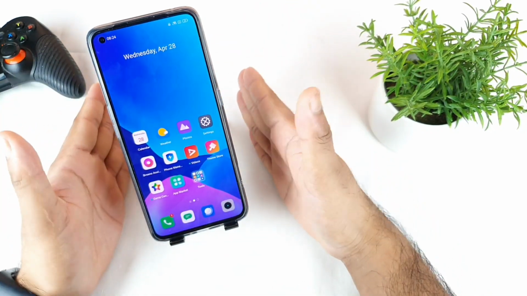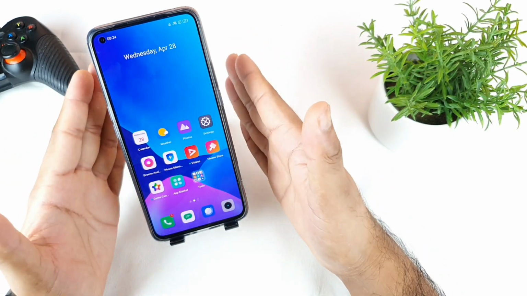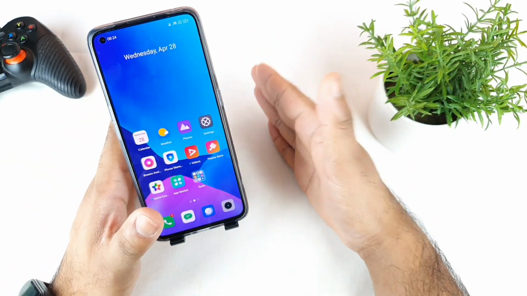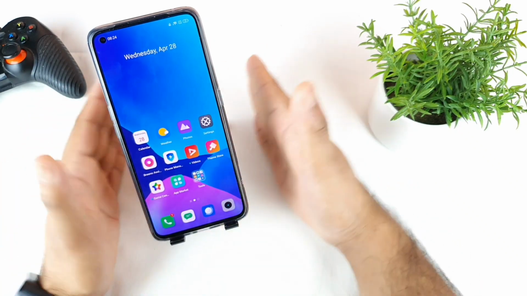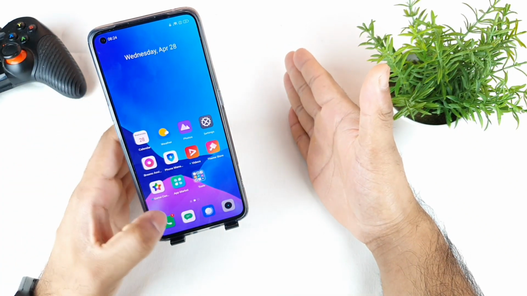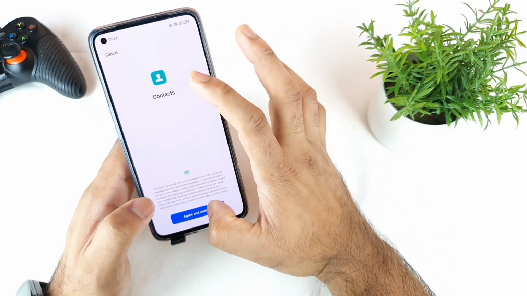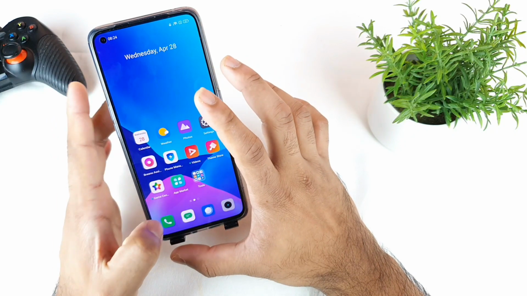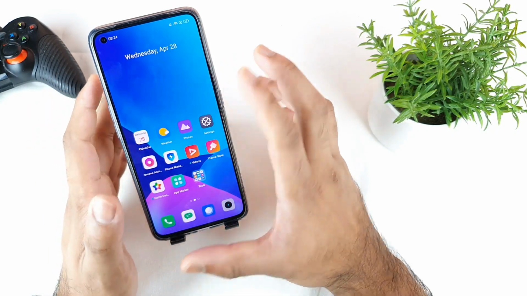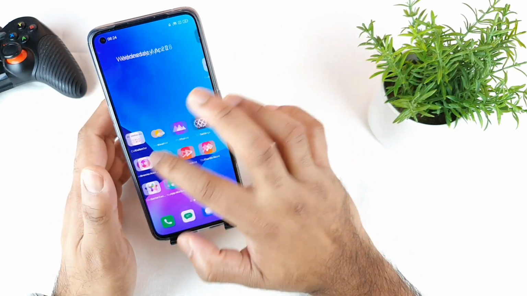So in this way you can use different WhatsApp accounts in this user, and different WhatsApp accounts in another user, and different Instagram profiles. Everything you can make completely different, as you can see, friends. So in this way you can organize each and every category. There are contacts as well. By using this you can actually make calls, messages and all those things, because I did give the permission. As you can see, friends, everything is new.